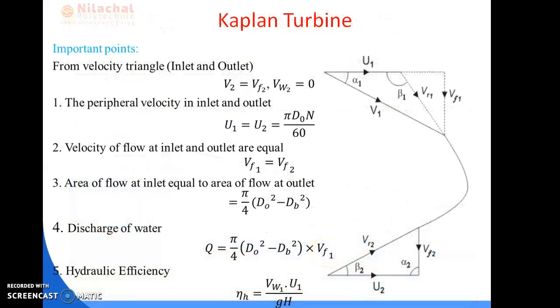Next we are going to study the velocity diagram. This is the velocity diagram for a Kaplan turbine. At the exit it is axial, so a 90 degree angle is made. So Vf2 is equal to V2, and beta 2 is the vane angle at outlet, beta 1 the vane angle at inlet. Here V2 is equal to Vf2 and Vw2 is equal to 0. Inlet and outlet velocities are equal, that is pi D0 N by 60, and Vf1 is